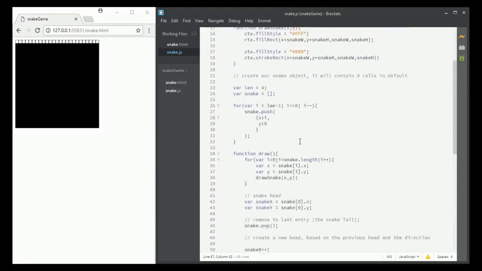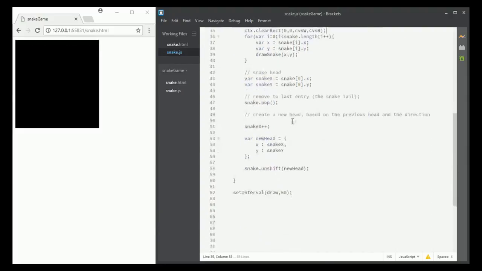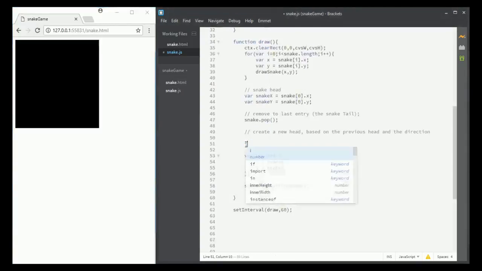Now as you can see in my web browser, I just moved the snake, but there's still its traces, so I'm gonna clear the canvas every time I draw something. I will use the clearRect function. So this will clear our canvas every time. And now, as you can see in my web browser, my snake is moving to the right because I said